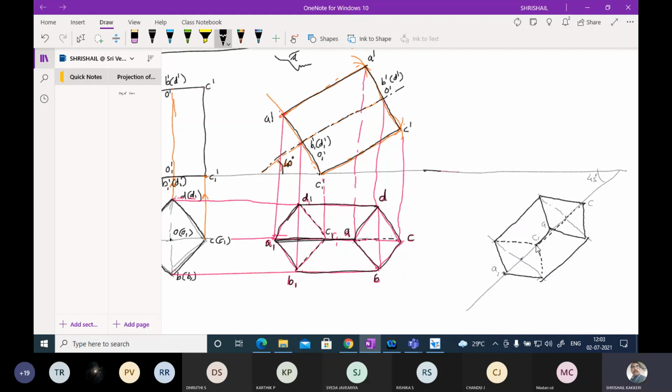But unfortunately, this is in the front only, that is not visible to you. And mark this point. Already this point is O1 and this point is O. And this point is O and this point is O1. Any doubts? Once again I have to do and show you? Yes, sir. Okay.